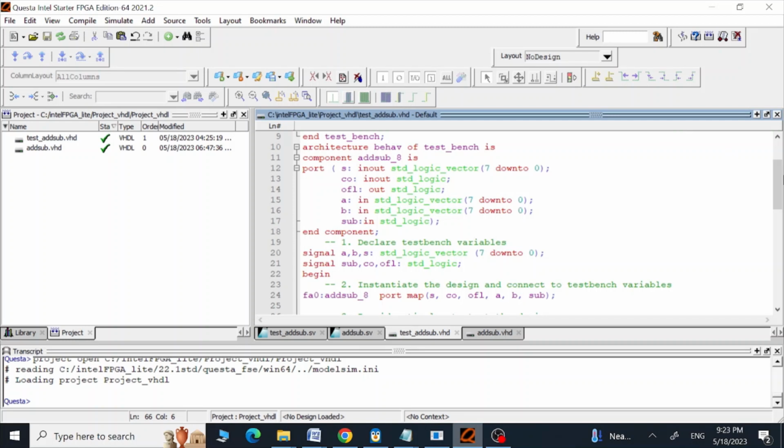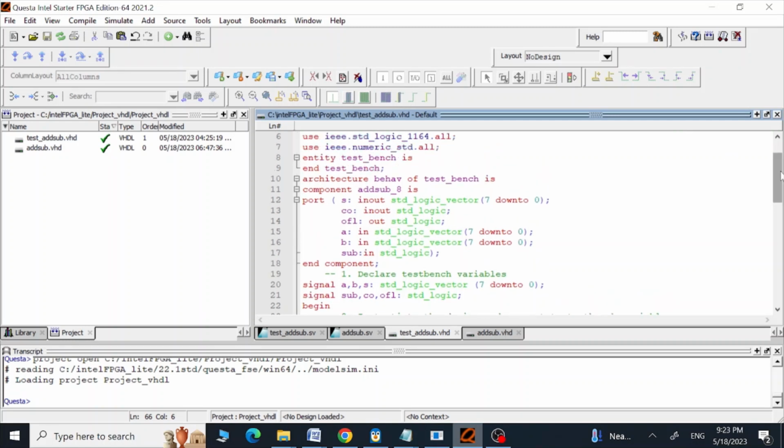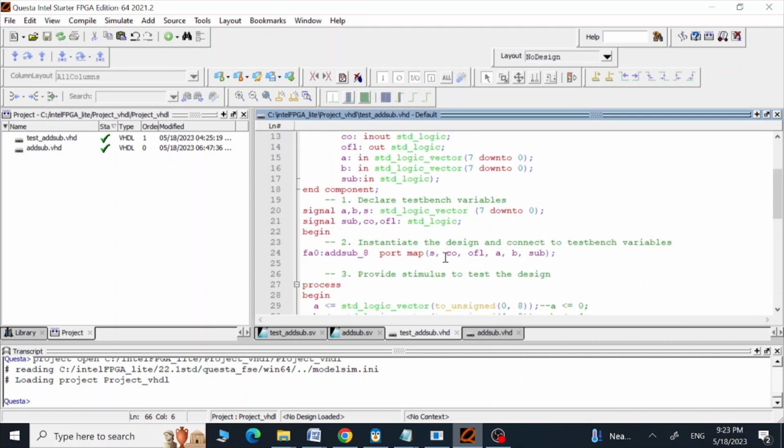And the test bench has an entity test bench, and in its architecture we are going to use this add sub entity as a component like this, and after that we are going to define our signals like this, and we are going to use these signals once we call this entity add sub like this, and we are going to use these signals to map our inputs and outputs using positioning. And after that, in this process block,